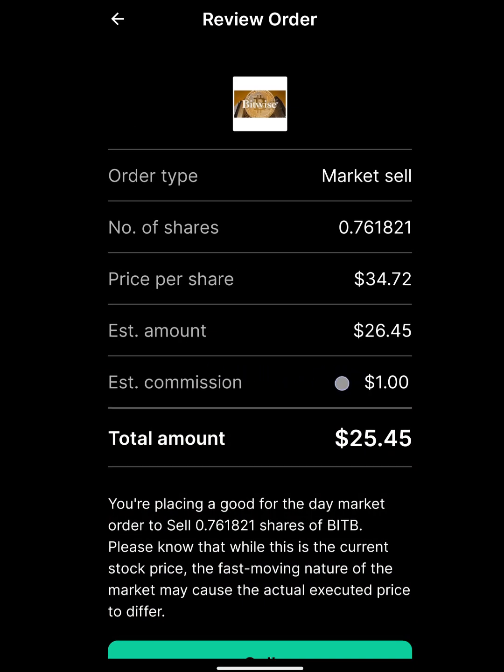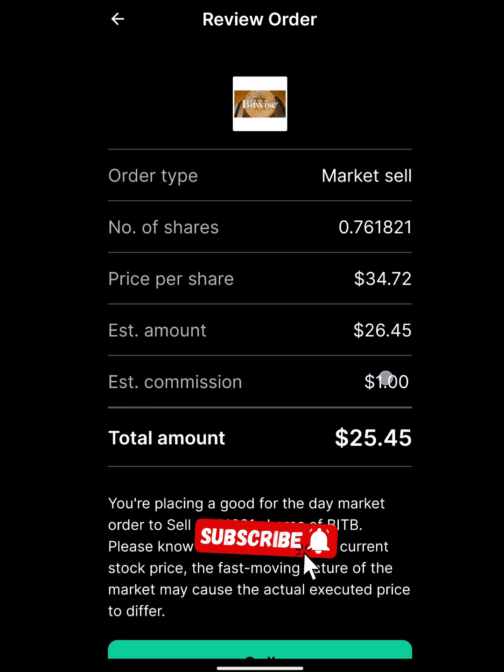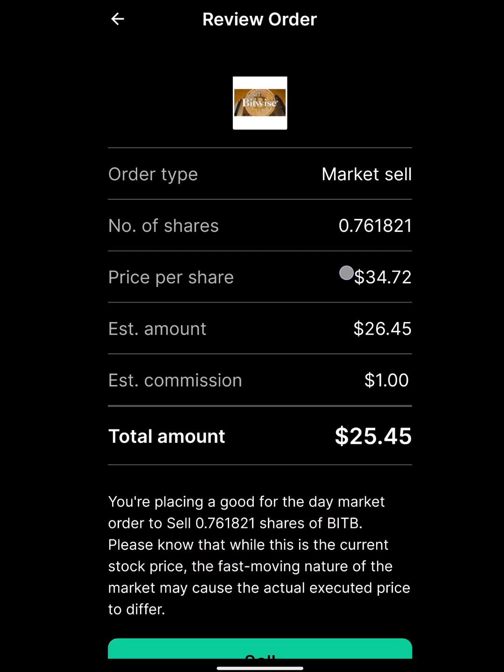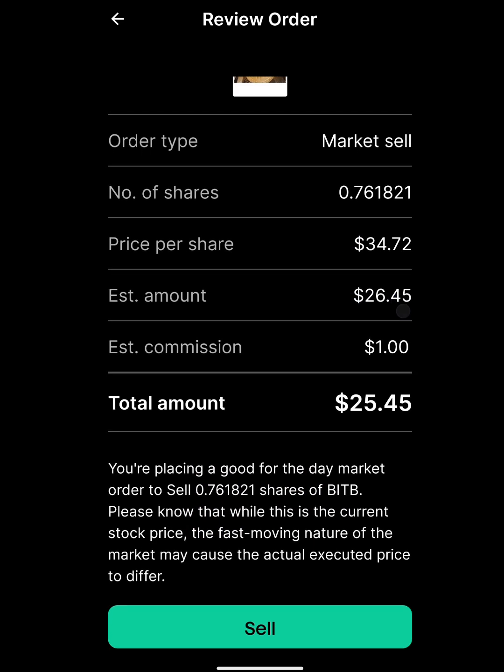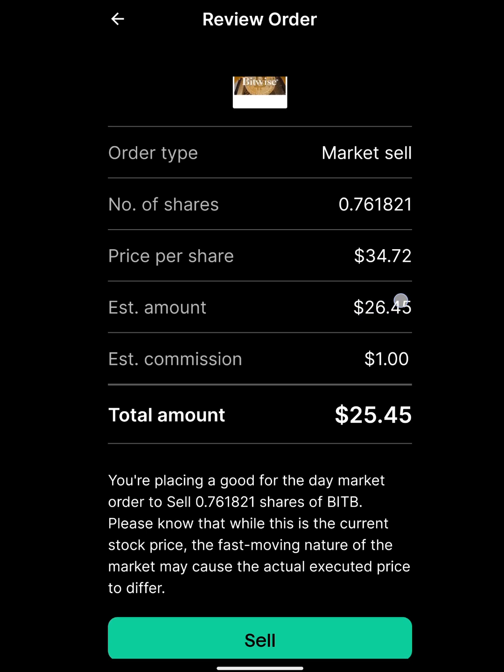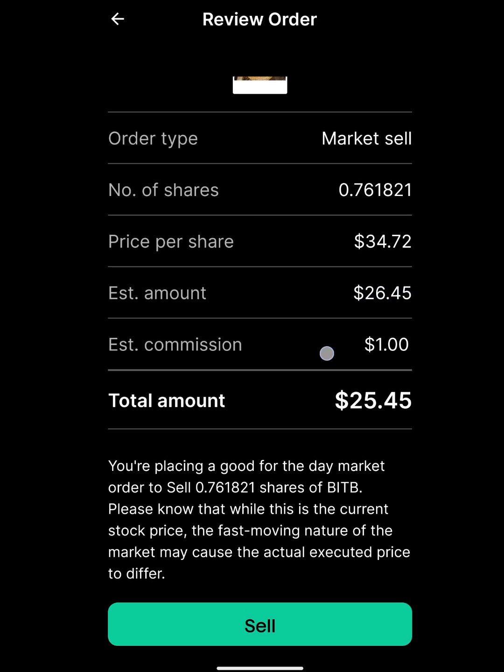You see here, estimated commission. Bamboo is going to take $1 for this transaction. You see, this is the original share price. This is how much I used to invest in it, and they're taking $1 now, and this is what I'll have left. So I'll click on sell here,